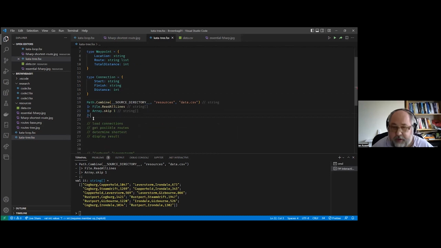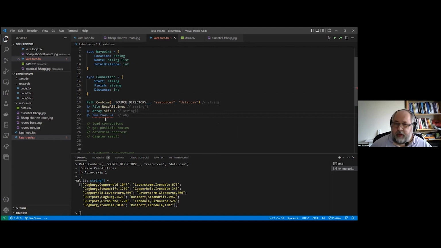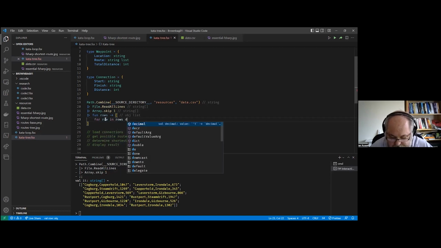So what I'm going to do is pipe that into an anonymous function. So I'm just going to get access to the data from the row ahead. So rows could be anything, it's just a word, but that's the string array from above. And I'm going to create a list comprehension. So I'm going to yield some data from that array into a list. So for row in rows do,